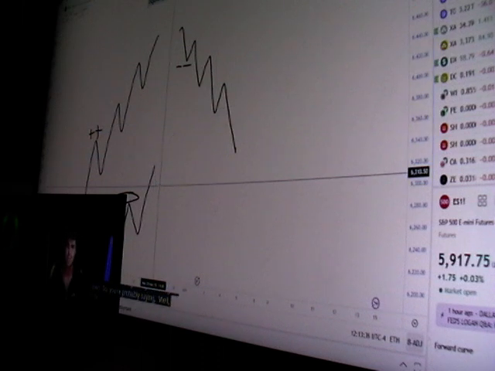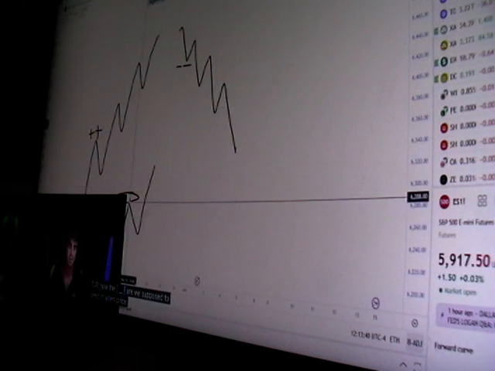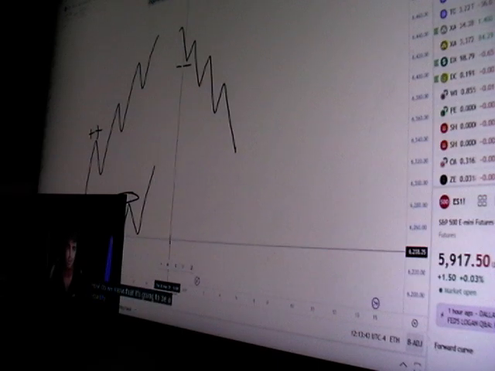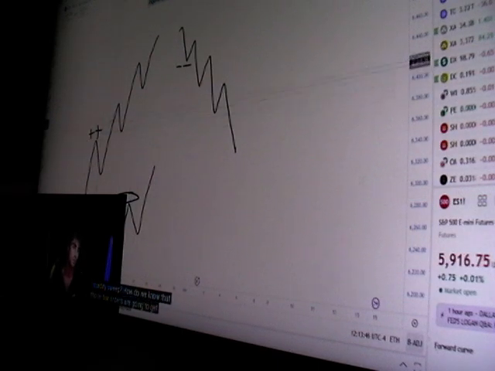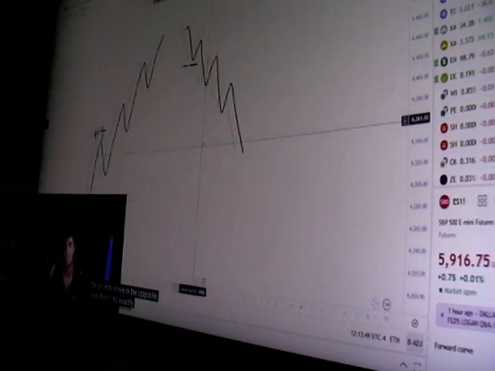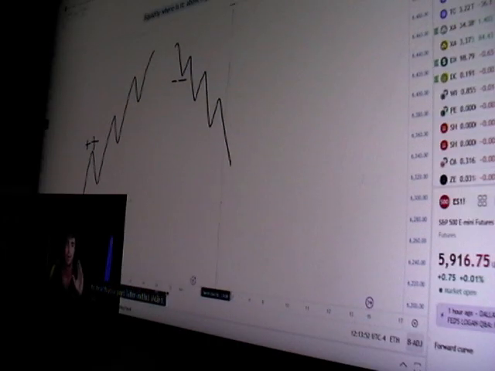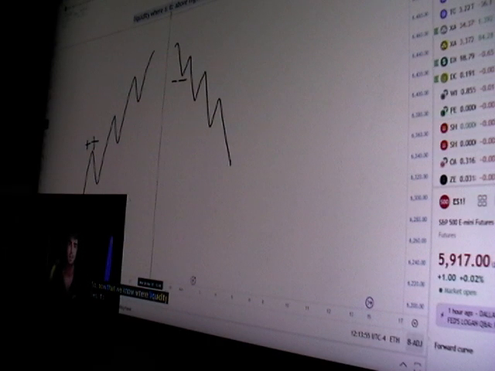So you're probably saying, well, TJR, how are we supposed to predict when price pushes above a high? How do we know that it's going to be a liquidity sweep? How do we know that those buy orders are going to get filled for price to move in the opposite direction? It's exactly what I'm going to teach you guys later in this video. So now that we know where liquidity lies, it's above highs and below lows.